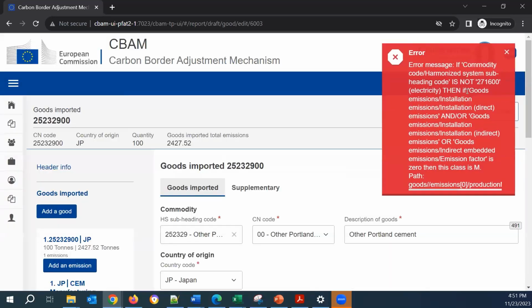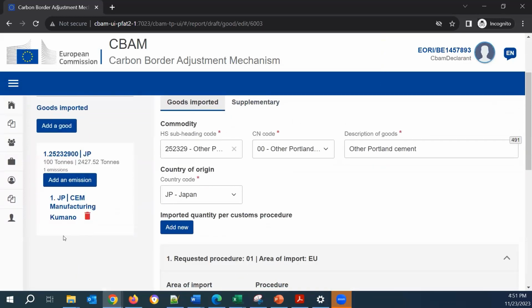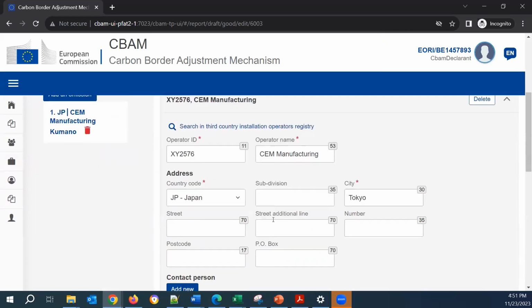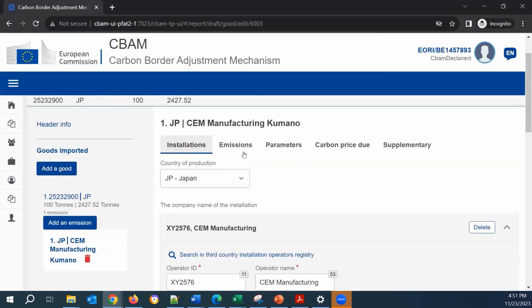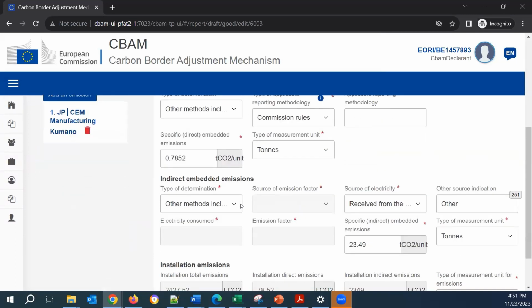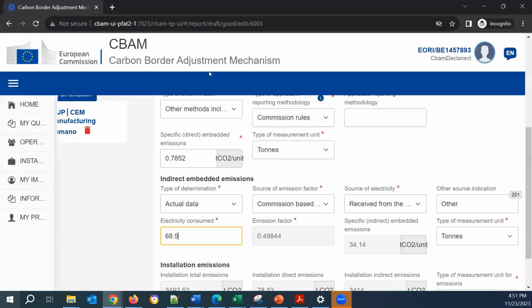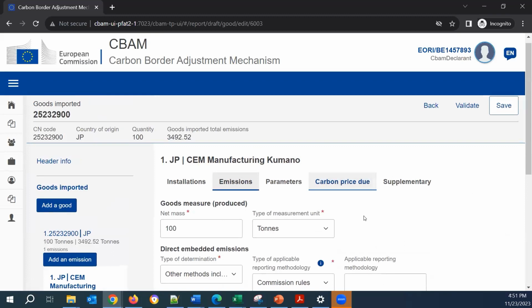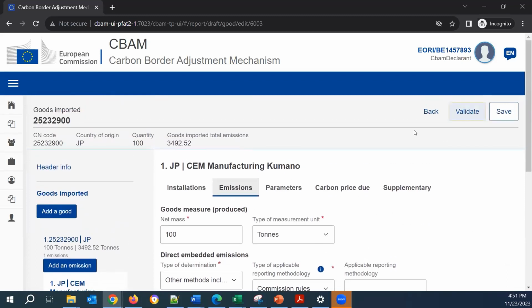Oops, there is an error here. Let me quickly fix it. Okay, I save the good.